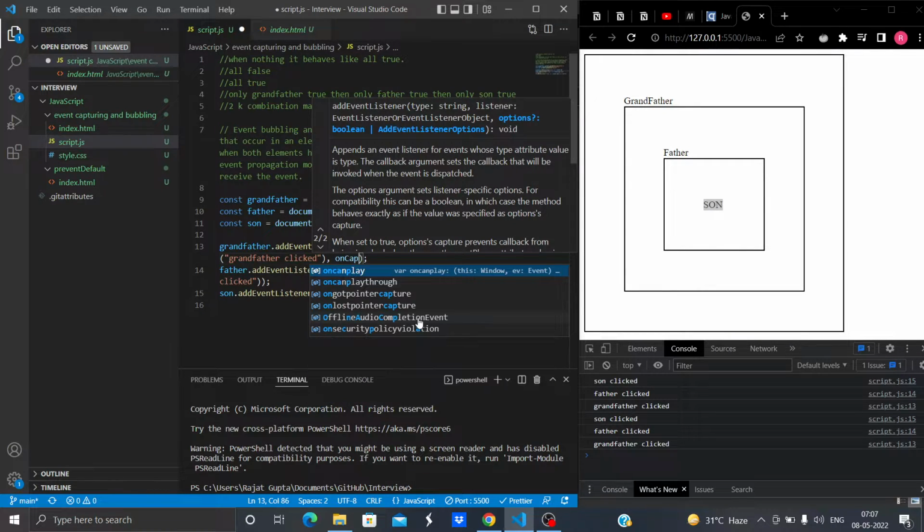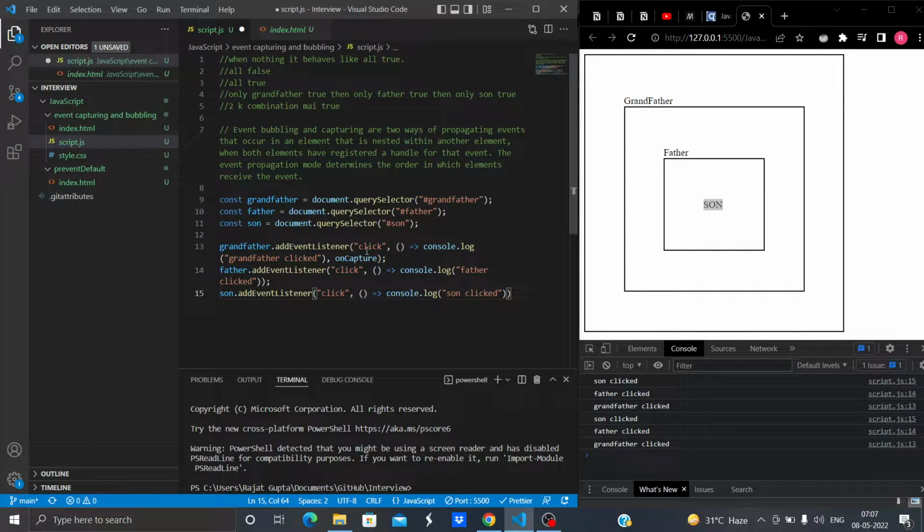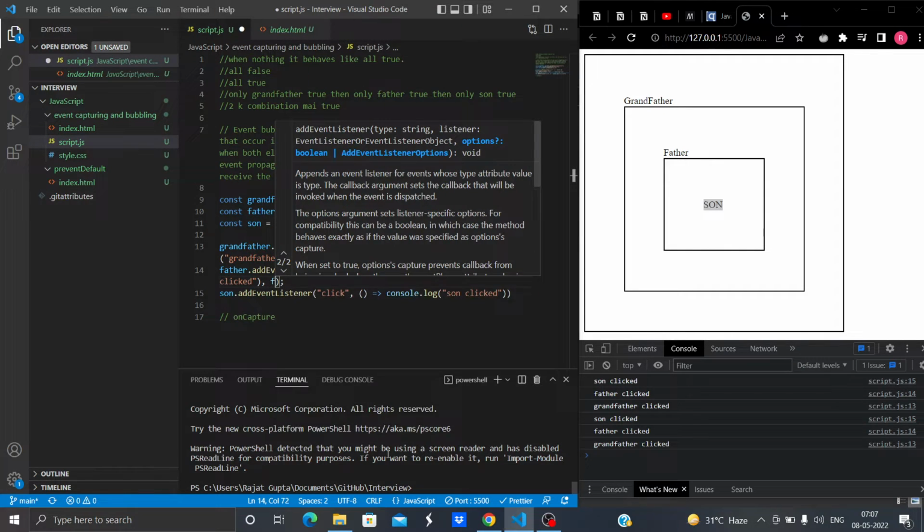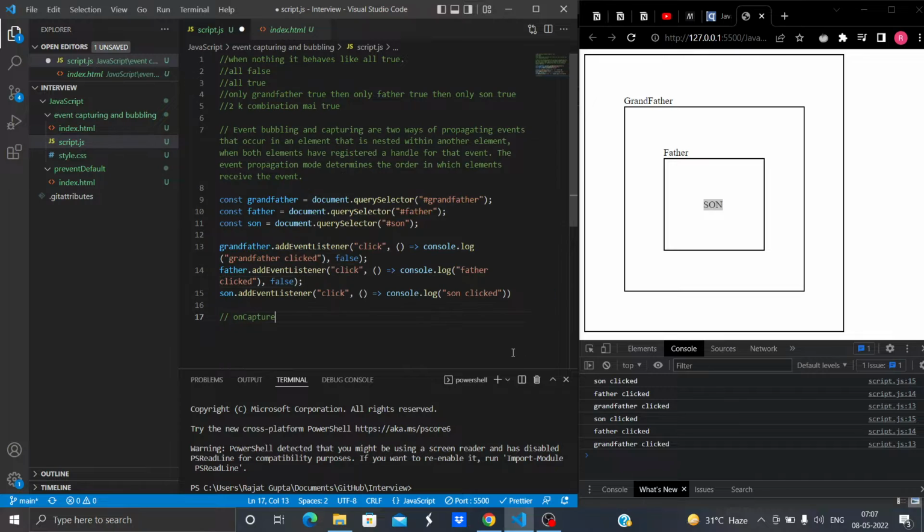It is known as onCapture, and it has a boolean value, either true or false. By default its value is false. When we don't provide this argument, its value is false. So let's write down false here.